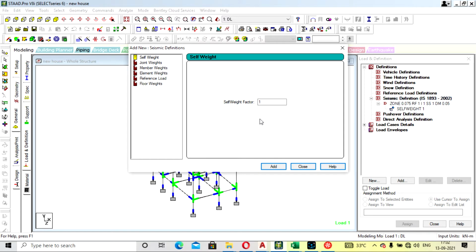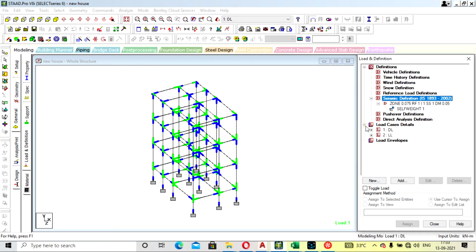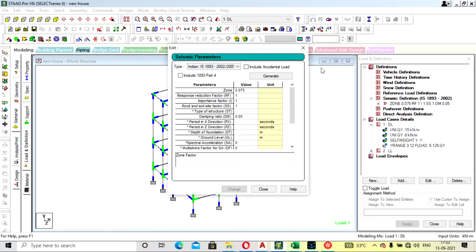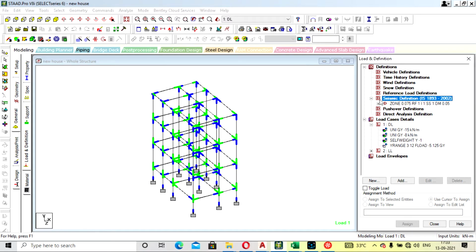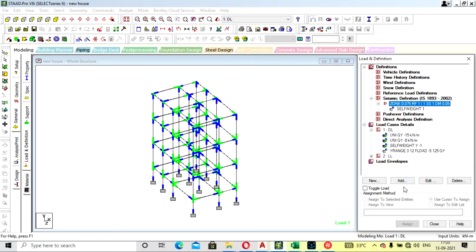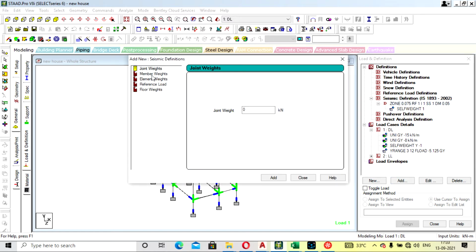For now we are going with the member weight method. So self weight is added. Just close it. Here you can just copy the dead load to this, or you can add it one by one. Click on this, add it. Member weight. I'm going with uniform. Whatever dead load you have already added in this,